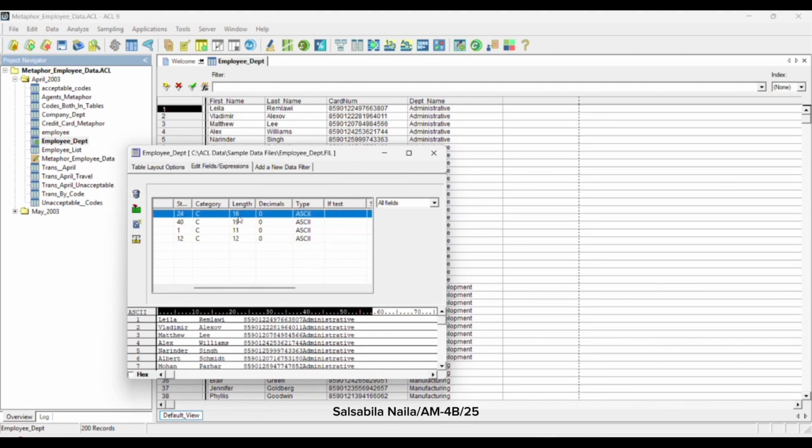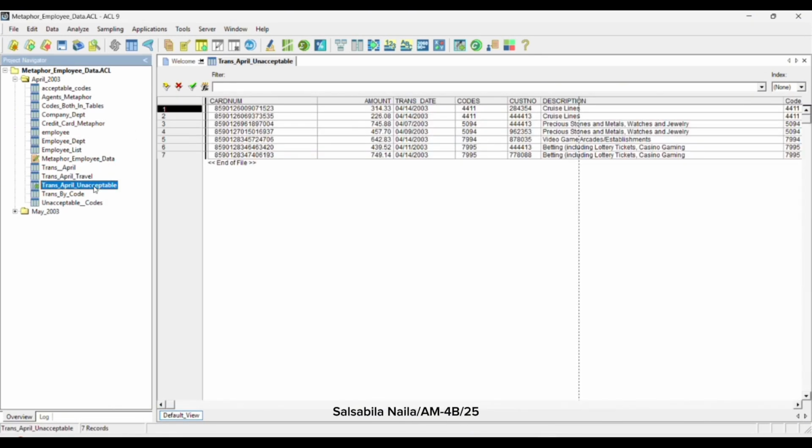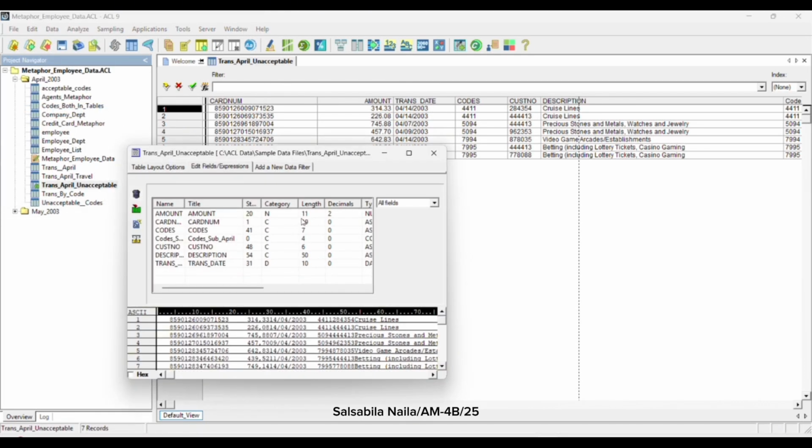We close the table layout window and open the Trans_April_Unacceptable table. We select Edit Table Layout. The card number field has a field length of 19, which means that this field contains extra spaces. Therefore, we must trim this card number field.